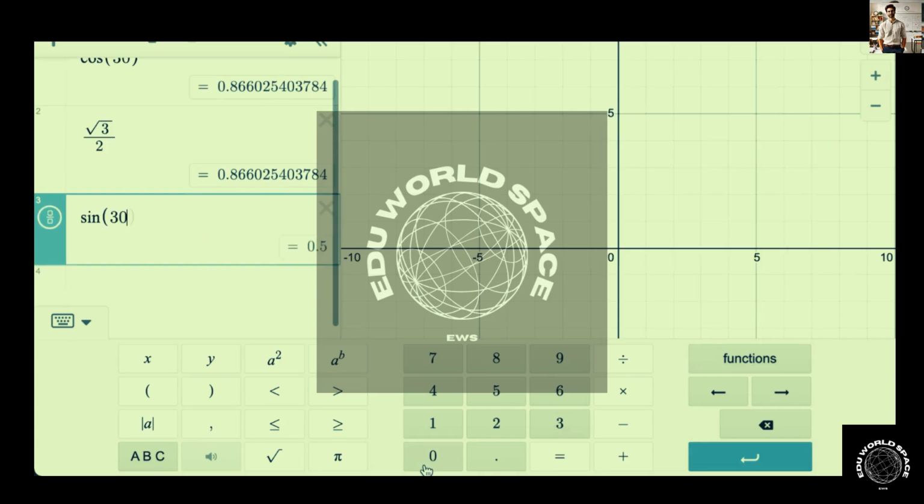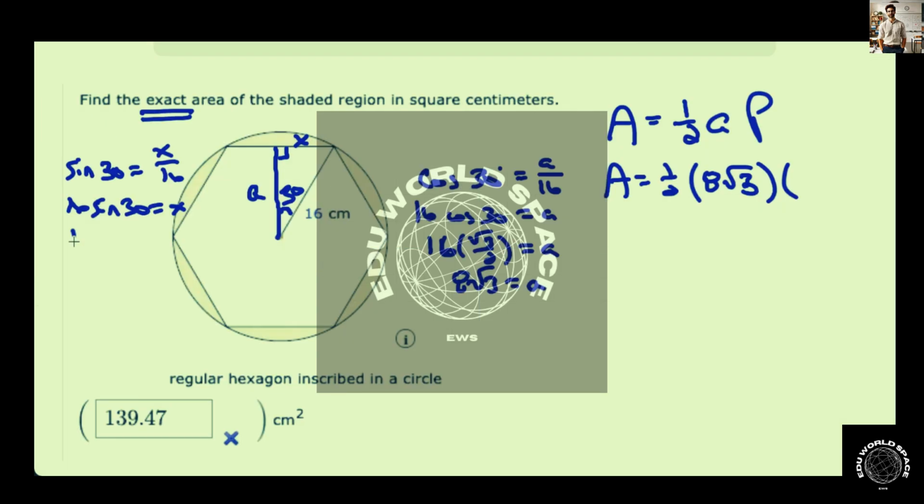Sine of 30 degrees is 1/2. So 16 times 1/2, or 8, is on the perimeter. So one full side is 16, times 6 is 96 for the perimeter around the hexagon, which means the area of the